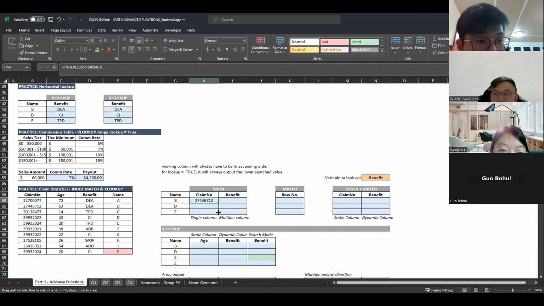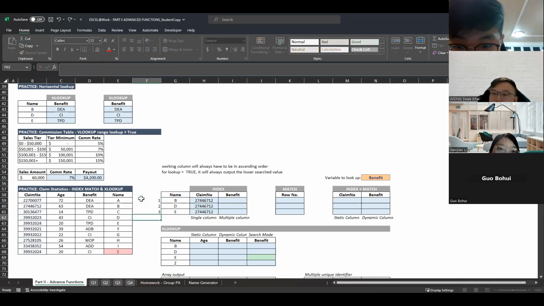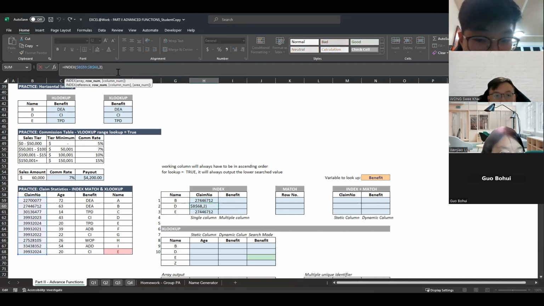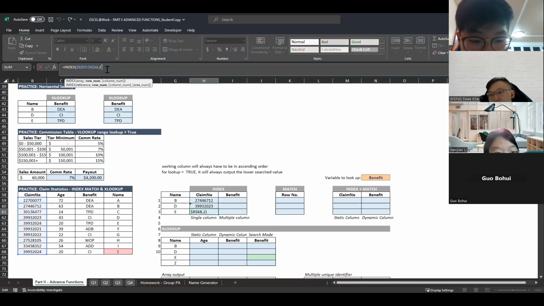And if I drag it down, it doesn't change, right? Because I locked this and this is a hard-coded 2. But you see where I'm trying to go later, because I'm trying to make this dynamic. So for D, we just label here 1, 2, 3, 4, 5, 6, 7, 8, 9, 10. So if I change this to 5, you see D is row number 4, and my E is row number 10.